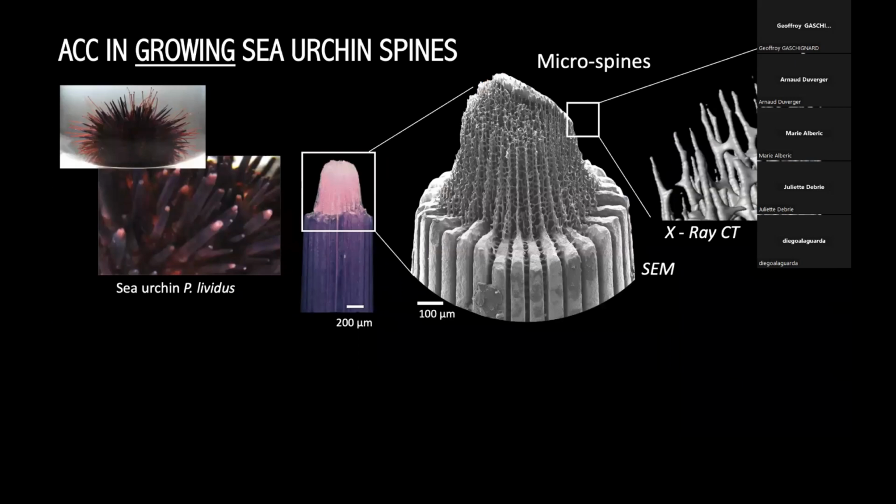So let's move to the ACC in real life. So in organisms. So again, we look at the urchin, the urchin spine. So here's the urchin, a growing spine. Can you pay attention to the change of color here? It would be important for later. So the growing spine here, very fresh growing spine. So it's mainly pink, and as it grows and converts fully to calcite, it becomes